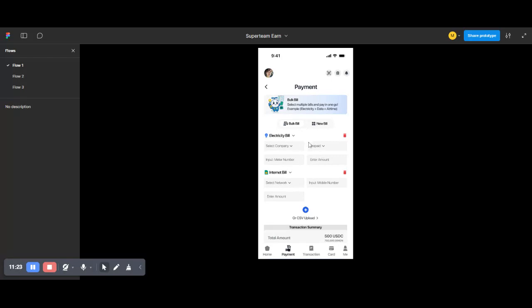Now I'm going to admit this page was kind of a challenge for me, because when you come to electricity bill, you need like four input fields to go with it. Then you come to internet bill, you need only three. Maybe you go to another, let's say you want to recharge your betting line, maybe you need only two fields. And the first design I made contained only two fields, it was much easier to design that. But